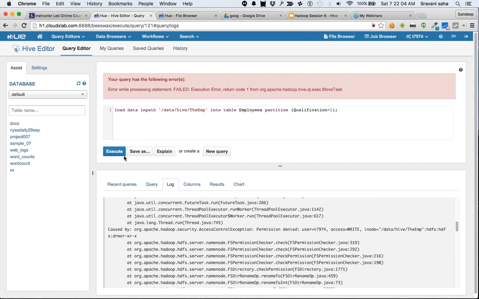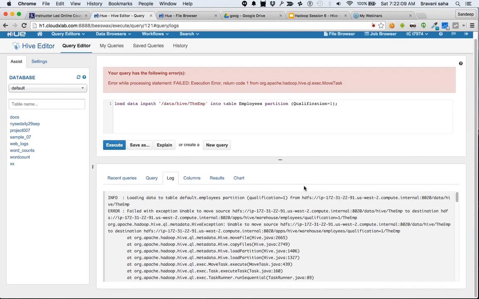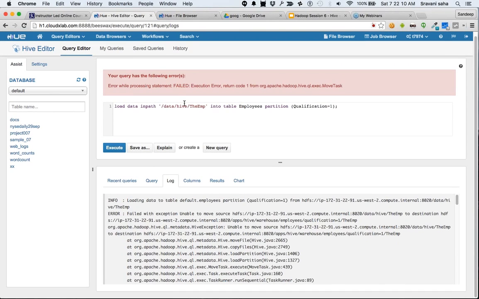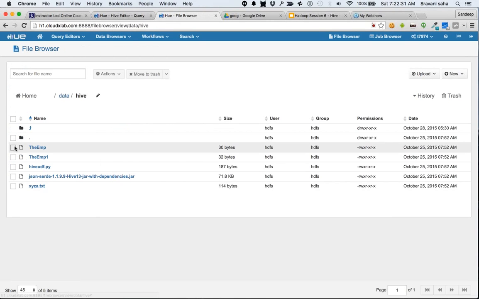It is trying to move this file, so that's why it's giving an error. Okay, and where is select star from employees? Okay, it could not load the data. Never mind. So I think what we should do is we should just copy these two files into our home